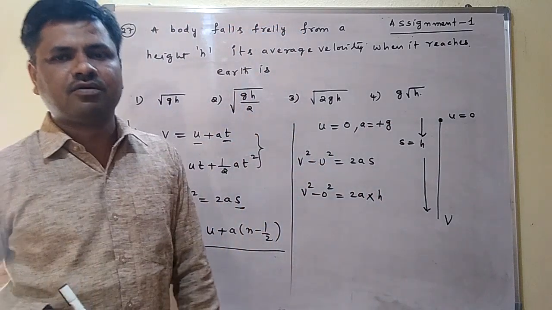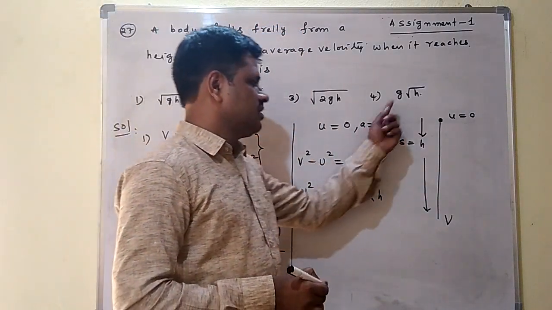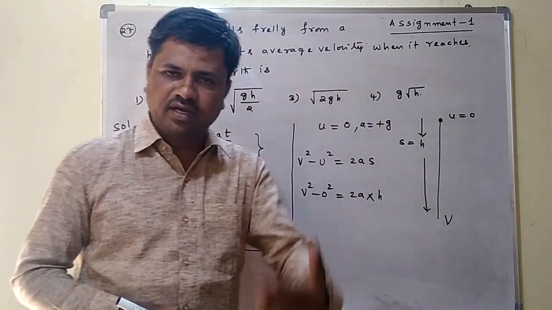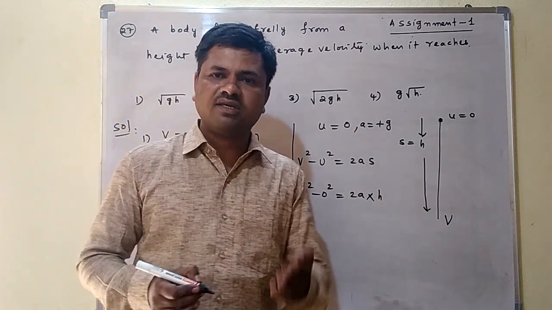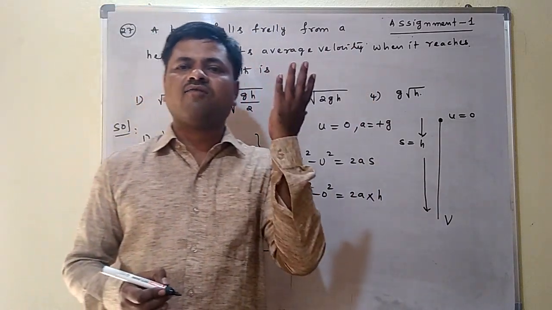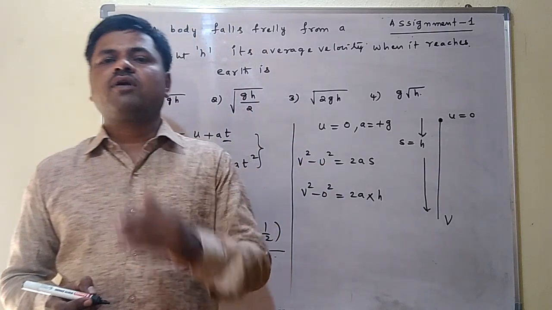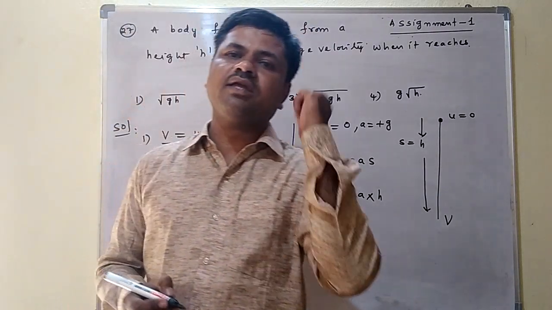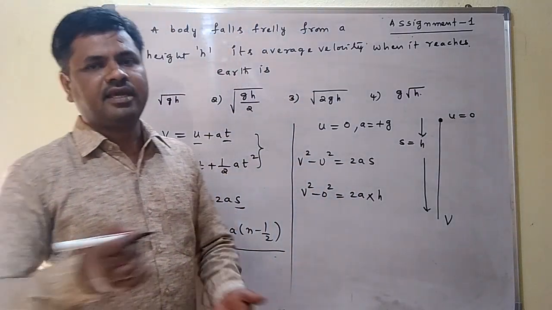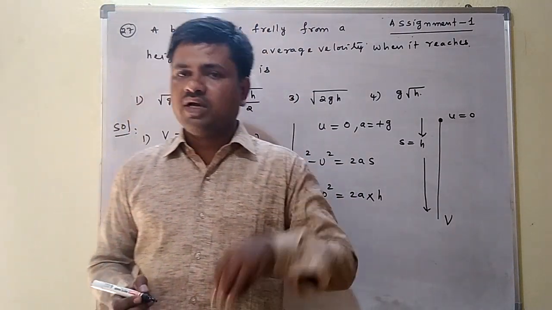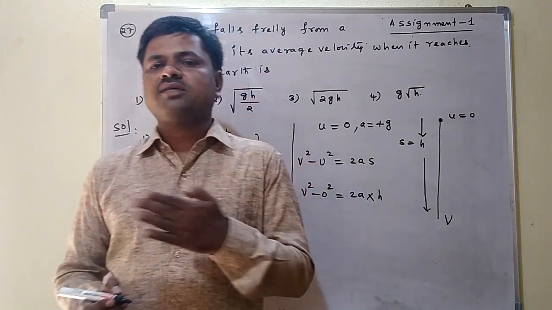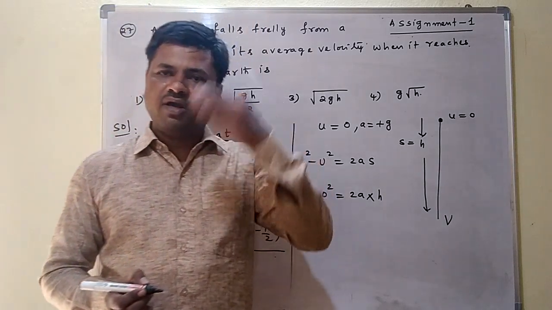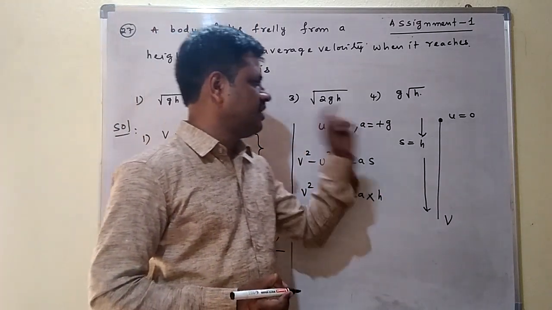That plus g, positive, we have to take. Why take the positive? Because the body is falling towards the earth. Acceleration due to gravity acts towards the earth, and the body is also falling towards the earth. That's the reason A is equal to plus g for a freely falling body. When the body is thrown vertically upward, A is equal to minus g, because acceleration due to gravity acts in the downward direction but the body is moving upward. In that case A is taken as negative. When the body is falling towards the ground, acceleration due to gravity is taken as positive, because the earth's gravitational force and the body are both moving in the same direction. So that's the reason A is equal to plus g.